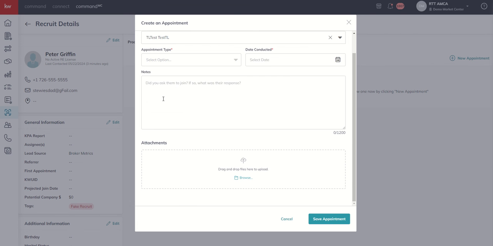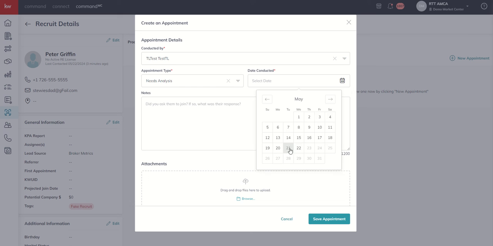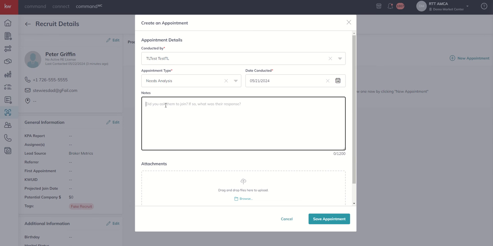And here's our TL test TL. The appointment type, it was a needs analysis. We were really trying to find out what would be the best options for Peter if he came over to KW. And as we said, we held that yesterday. Here's the detailed notes